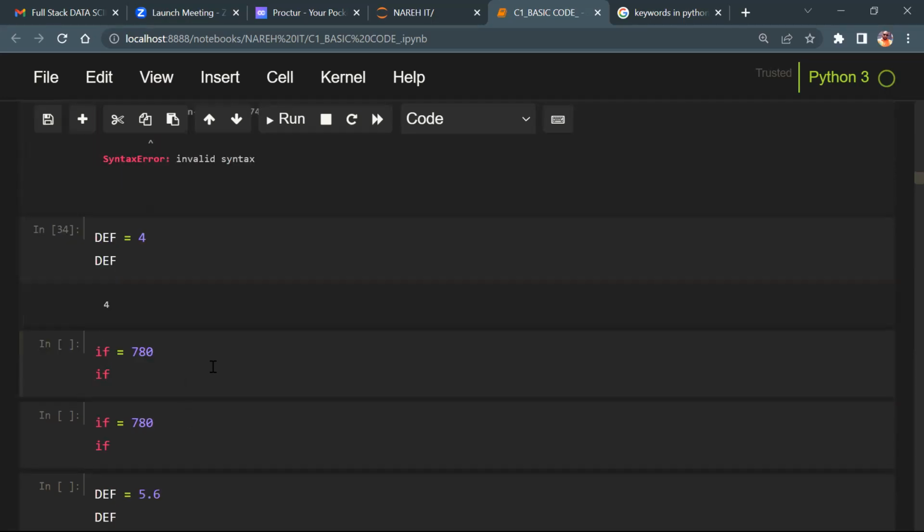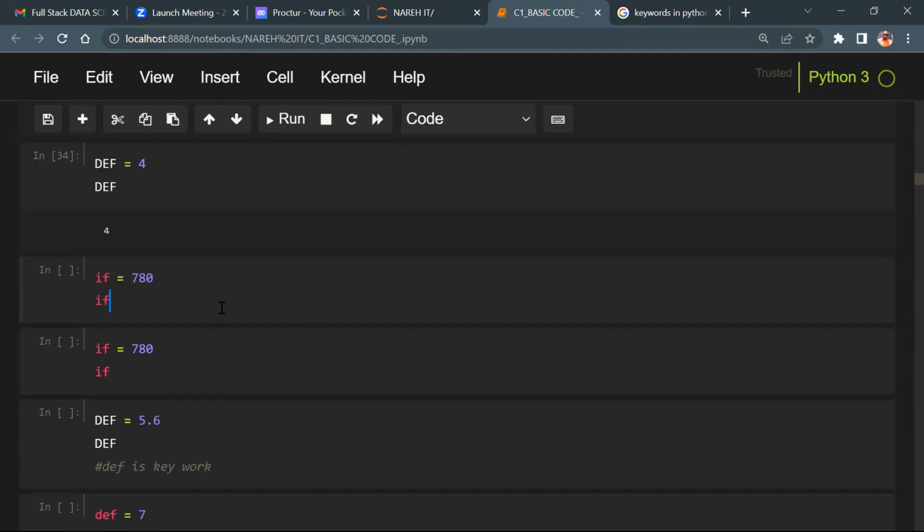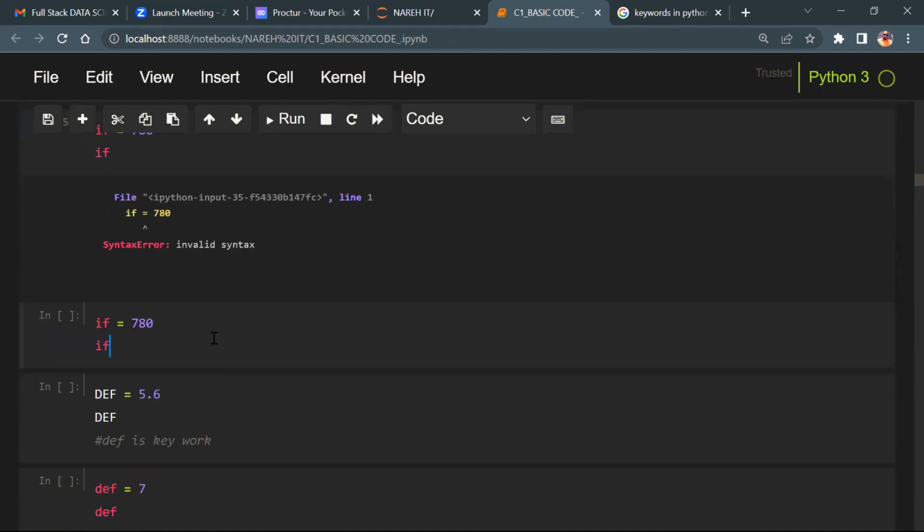If equals 780, output or error? Why, guys? Do you understand what is meant by a reserved keyword or not? In an interview, nobody asks, can you tell me the list of reserved words? Nobody remembers. So these questions, see guys, interview is all about mind discussions between two entities, right guys? I will come back to each and everything later, but anyway, if equals 780, what about this one?